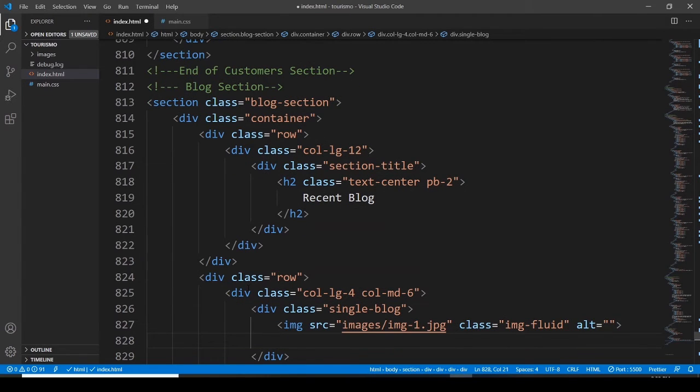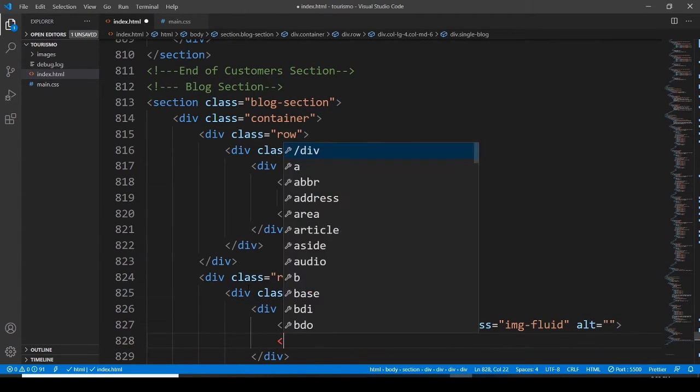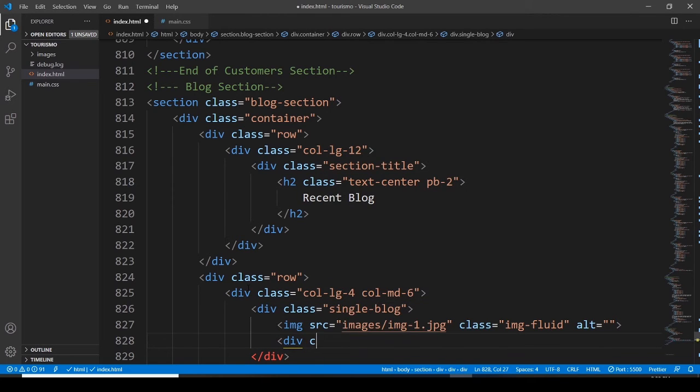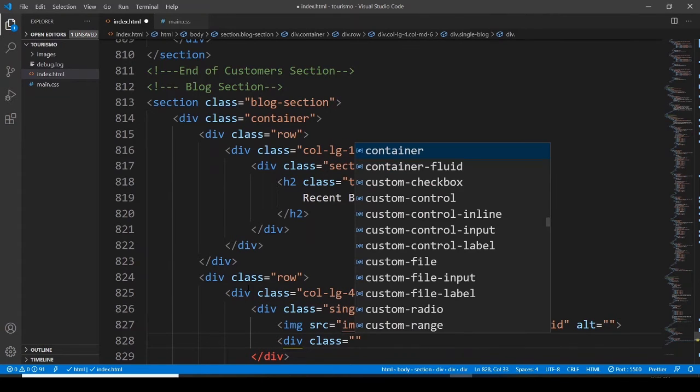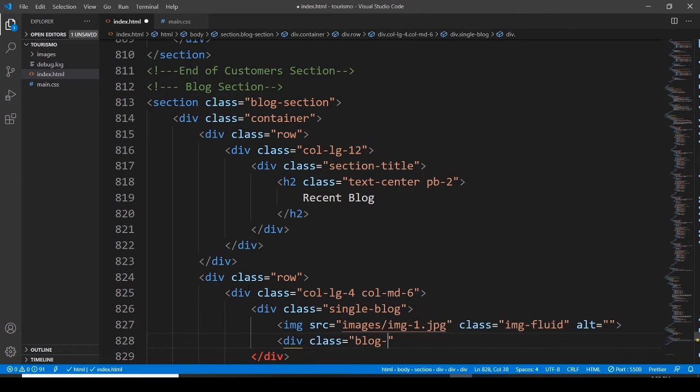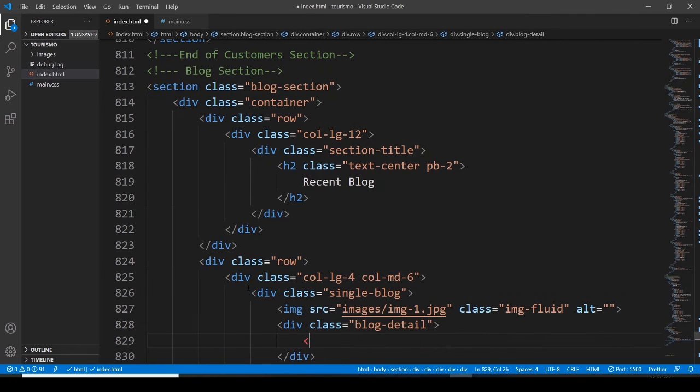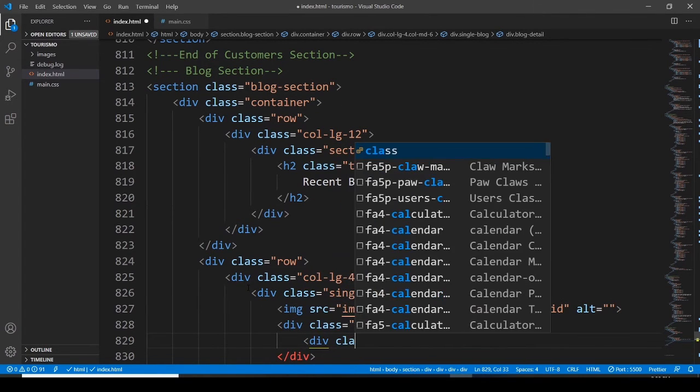Then after, let's have a division and assigning it a class, and this class is going to be blog title. Blog title, sorry, not blog title, but blog detail. Blog detail. So here we go, blog detail,